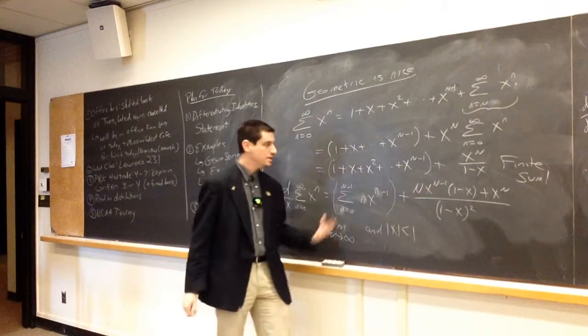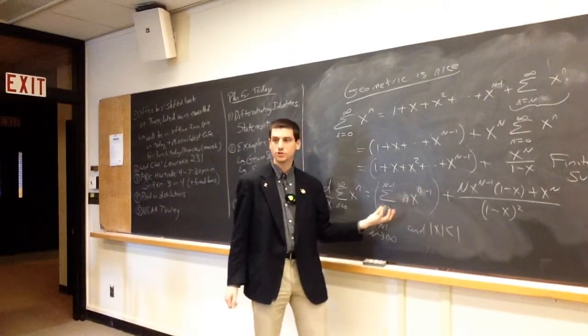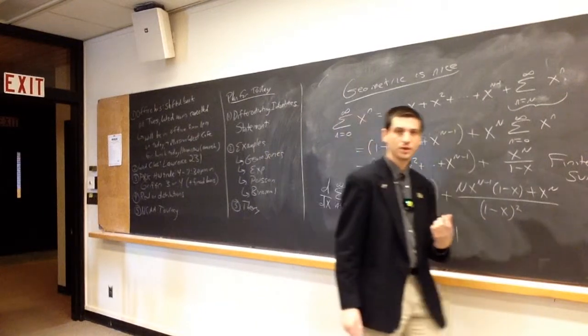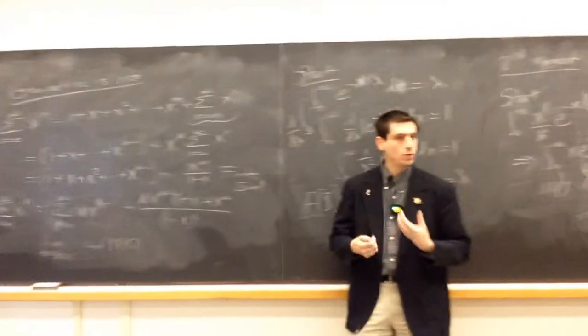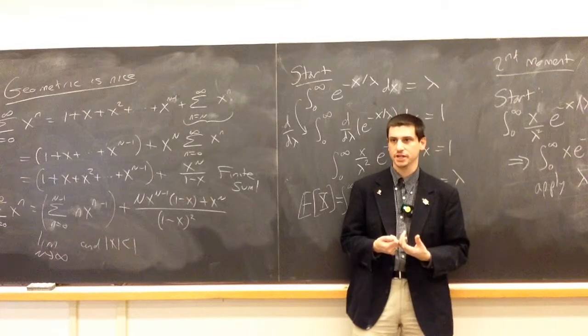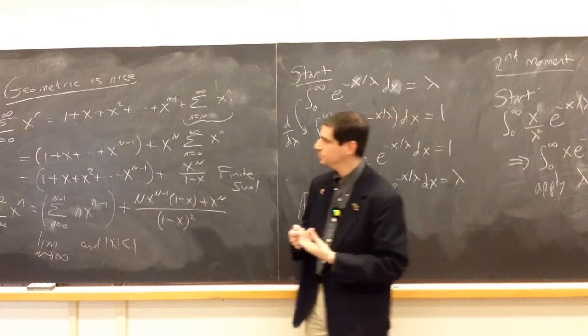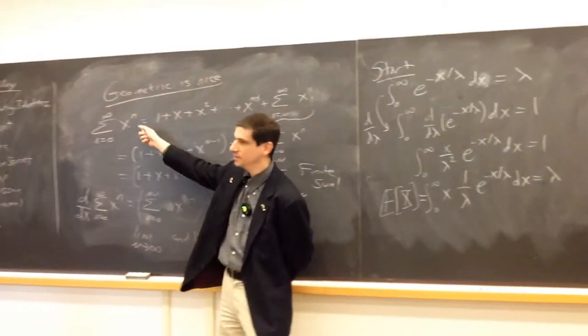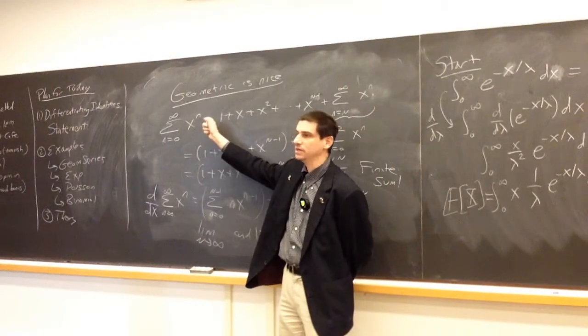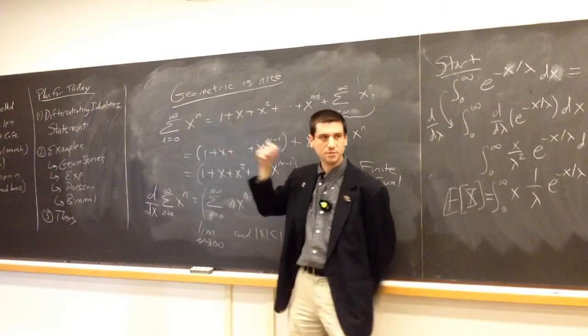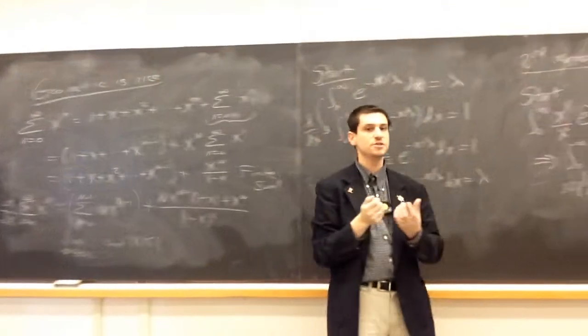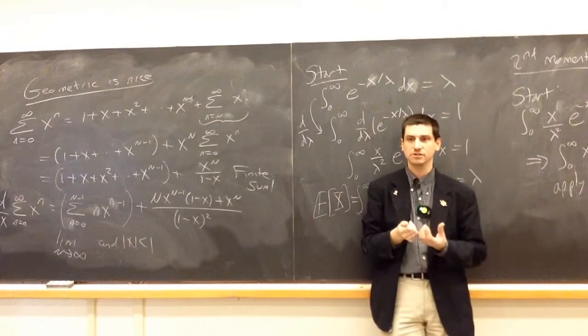So you can see in the limit as n goes to infinity, it's going to converge to the sum we specified. So in the case of the geometric series, we can actually make the argument precise. In general, the way you would make this argument precise is you would take the sum, and then you would say, well, I believe that the derivative of the sum is the sum of the derivatives. I'm going to look at the difference term by term and show that that goes to 0 and do some